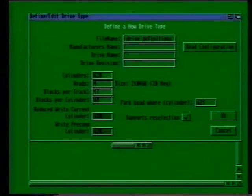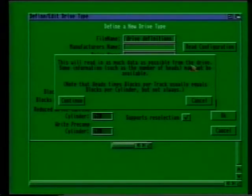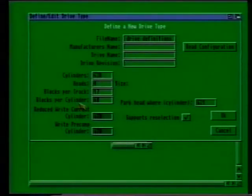The window contents should now change again to look like this. Next, we'll click on the Read Configuration gadget. This will make your Amiga check to see what type of hard drive you have installed, and all the little boxes on the screen should change to fill up with information about your hard drive. When it's done that, click on the OK gadget,